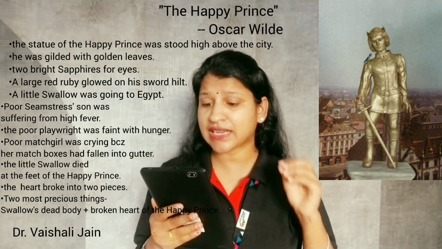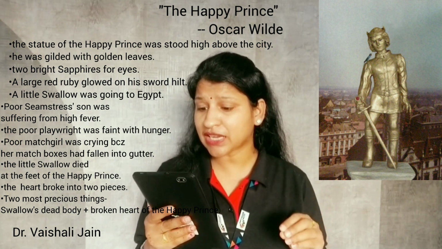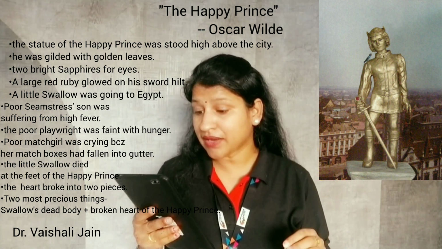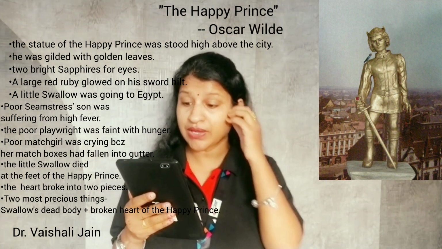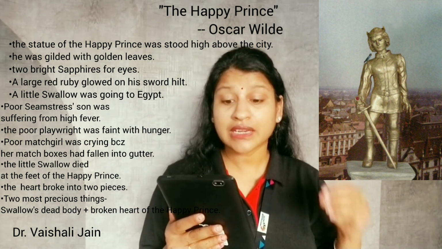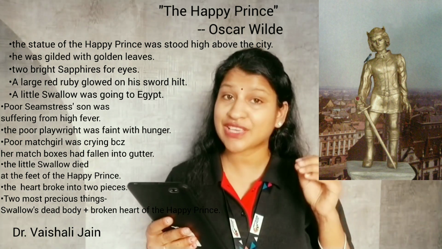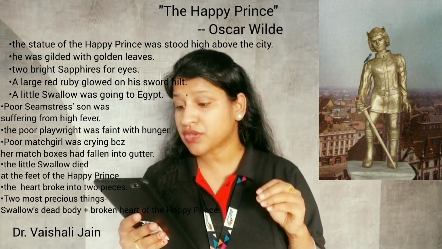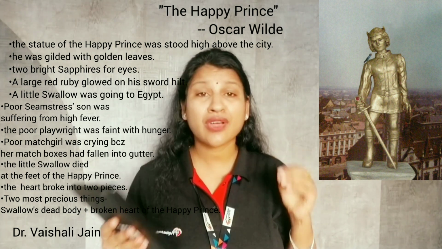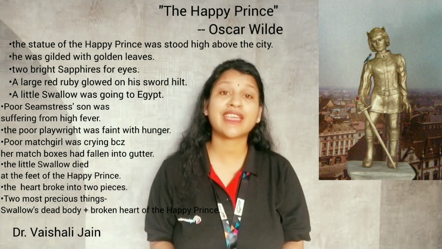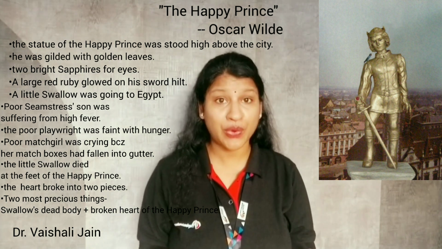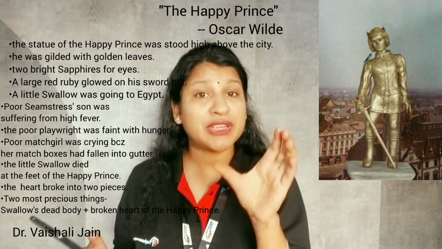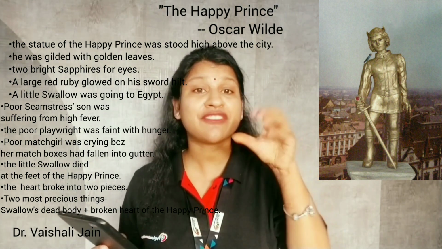Now, it was indeed the leaden heart of the prince that had snapped directly into two pieces. So, my dear students, see. Now it was very cold, and despite being weary and cold, the little swallow bird didn't leave the prince, because he had promised him that he will not leave him because he has been blind, right? Now he became frail and died from the exhaustion. Means the little bird, the swallow bird, he dies due to the hunger, due to the cold, and the little swallow bird's dead body lies between the feet of the statue, between the feet of the Happy Prince.